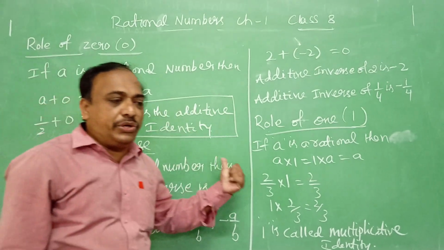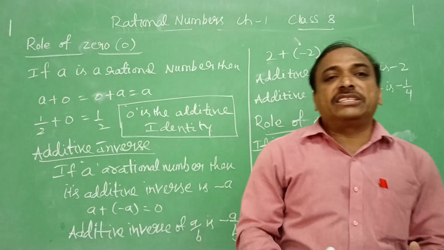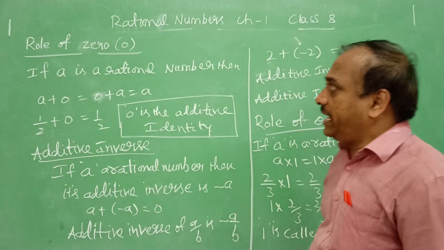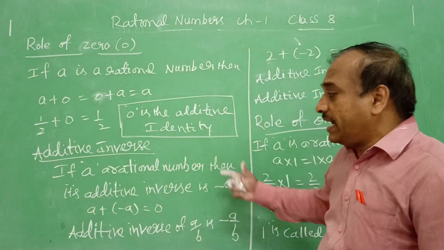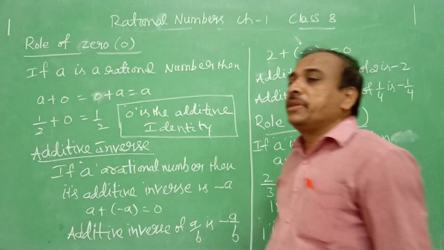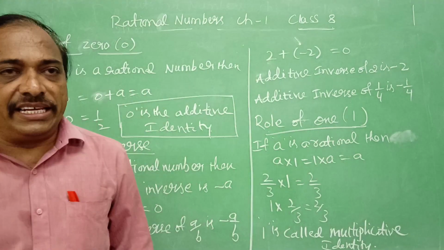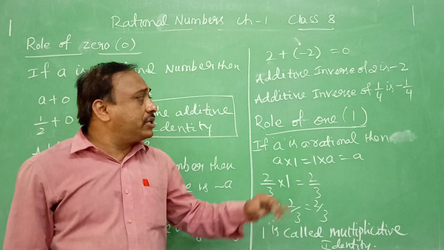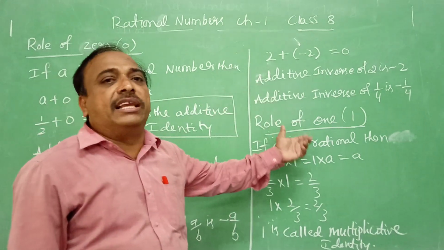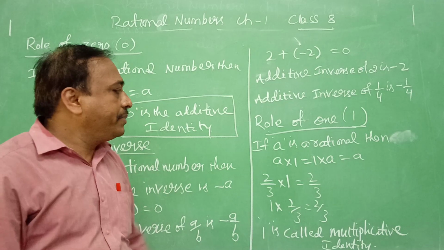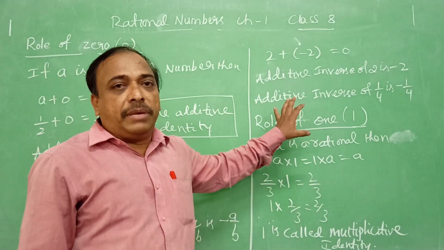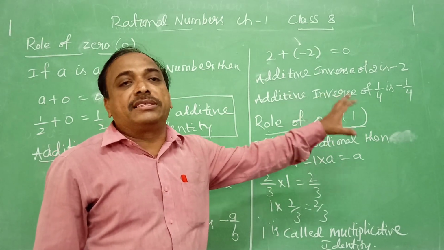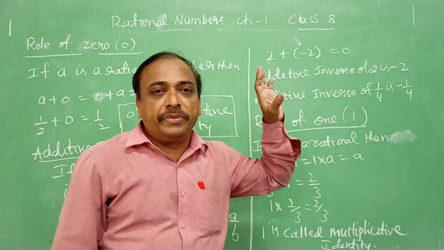I hope it is clear to you all, the properties of closure, associative, commutative property, distributive property, and what is the role of 0, the additive inverse, and what is multiplicative identity. Is it clear, students? Thank you. We will meet again in the next section when we will discuss the leftover part. The multiplicative identity meaning is what? When you multiply a number with 1, the product remains the same. Thank you.